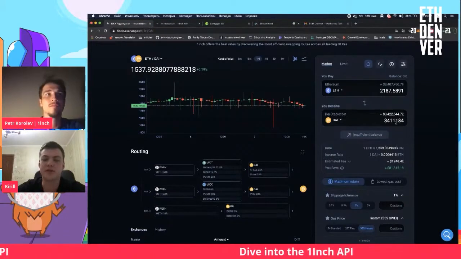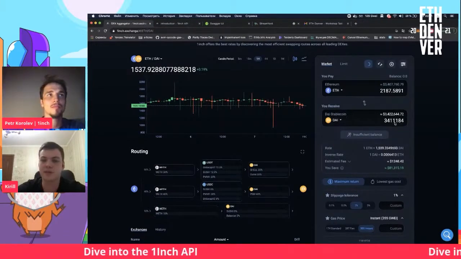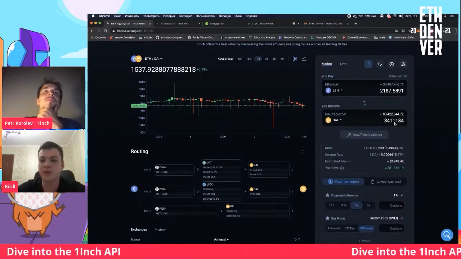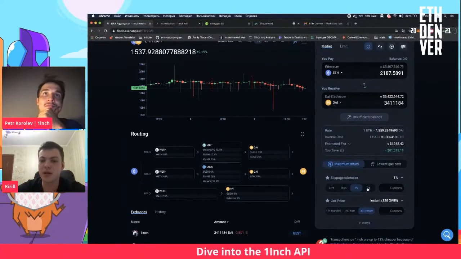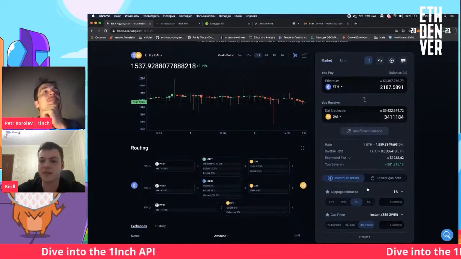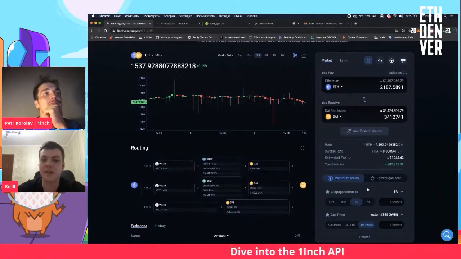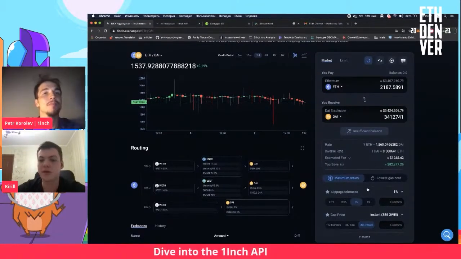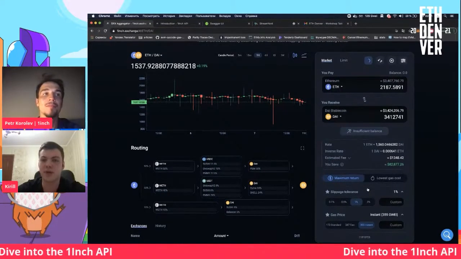To protect yourself from front runners and fast market movements, you need to set the slippage parameter here, and you will receive at least the minimal return. If you receive less than the minimal return, then your transaction will fail. It's a protection